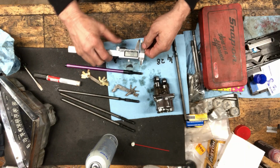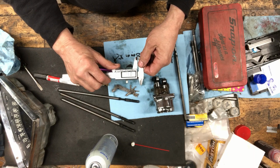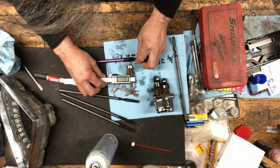Well, there's 0.990. Let's see if I can get a little bit more. So touchy. There we go. 100 thou, right there exactly. It's like an eighth of, not quite an eighth of an inch. So,